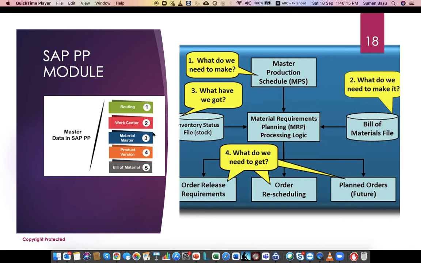And there is another kind of business which is called engineer to order, where I go one step back. We do engineering for the product. We do R&D, develop the product, then we make that product. In these two cases, it is a very rare opportunity that the product will be available as stock. So what we do in that case, when we receive the order, is we come to the SAP PP module, and we then plan how to manufacture the product.